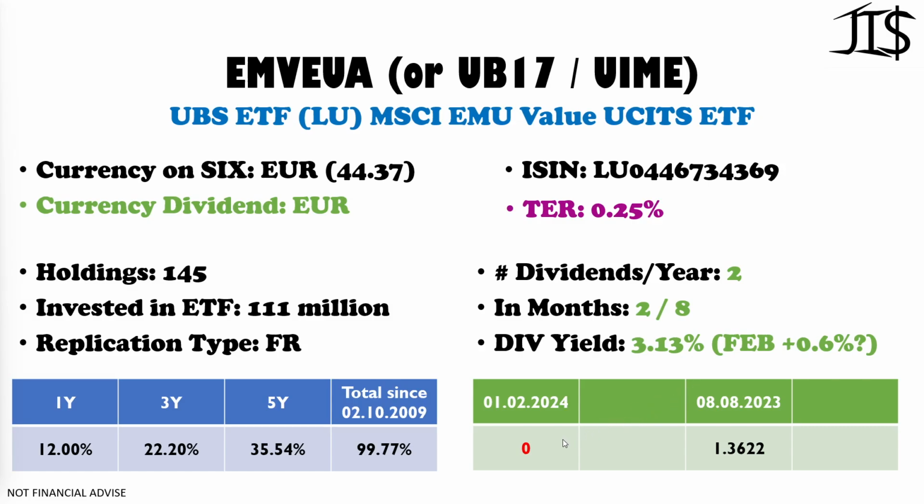So when this is going to be added to the payment in August for this year, the dividend yield isn't going to be 3.13% for this ETF, but around 3.70%. So that's important to keep in mind. I also mentioned it in the overview slide in orange, so that you have that in the back of your mind. So we still have to wait for the payment of August.